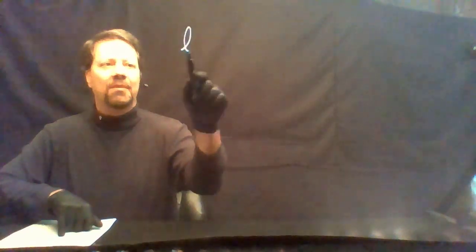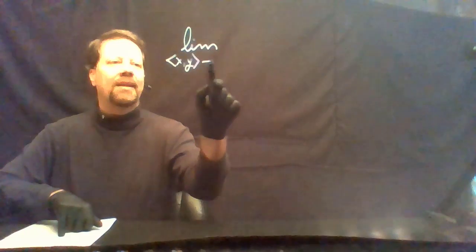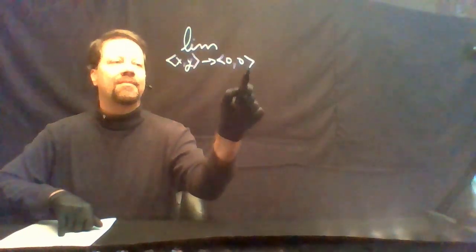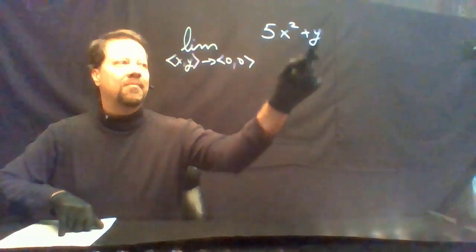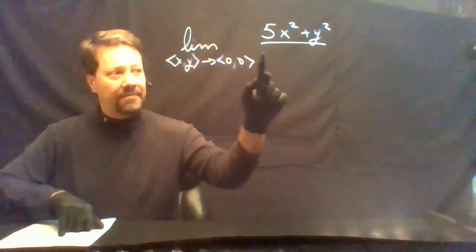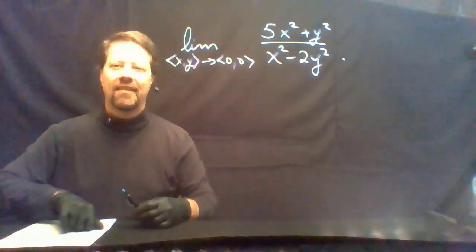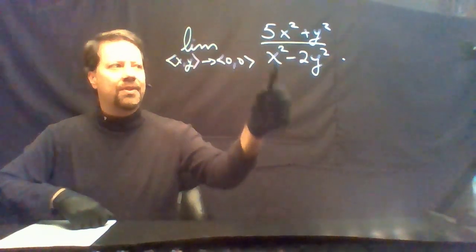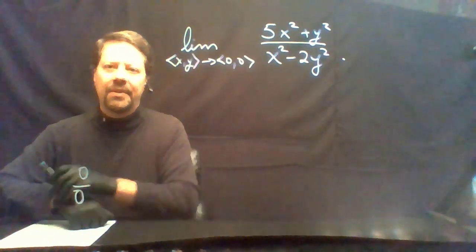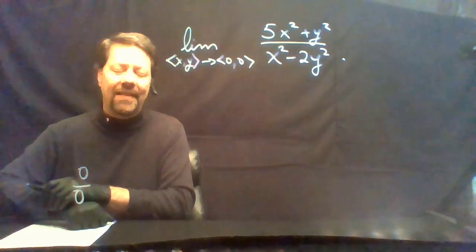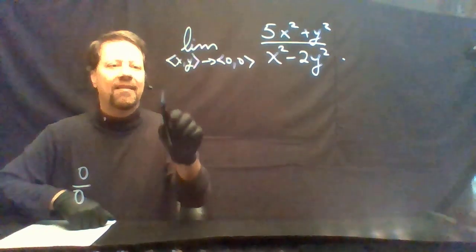On the second problem, we have the limit as xy goes to 0, 0 of exactly the same expression. If you attempt to plug 0, 0 into both the numerator and the denominator, you get 0 divided by 0, and that means, in the context of limits, more work. So on